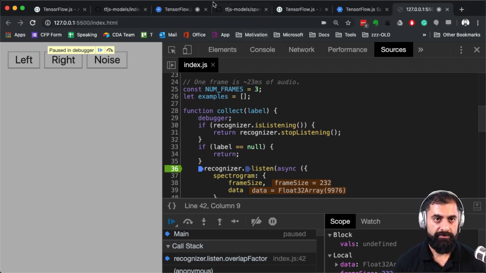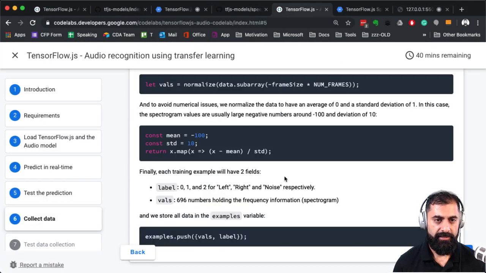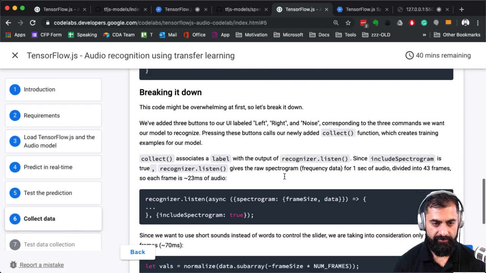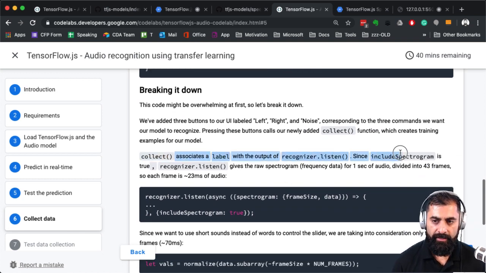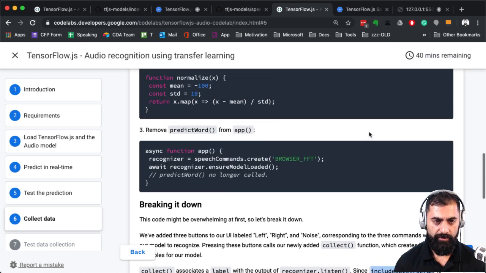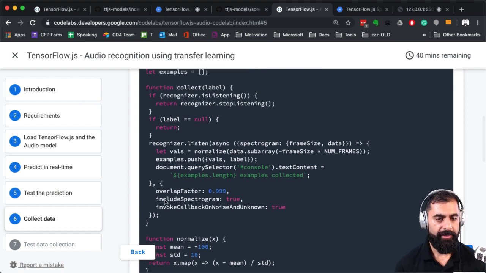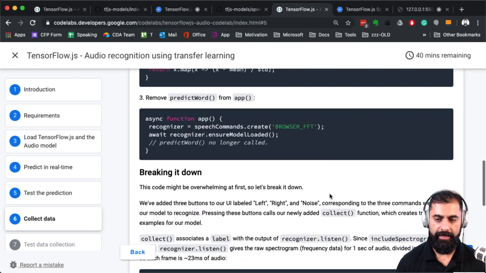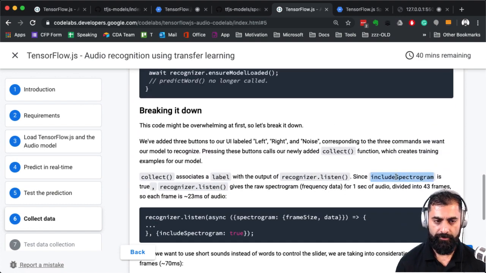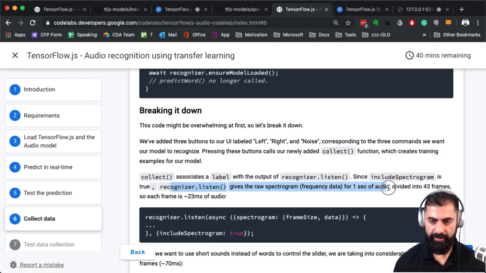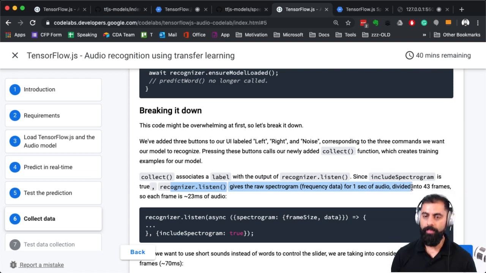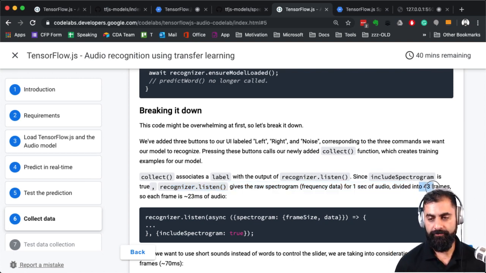Let me go back to the docs. Let me reread what it said. Since include spectrogram is true. Where is include spectrogram? Oh, here. Okay, include spectrogram is true: raw spectrogram for 1 second of audio, divided into 43 frames.